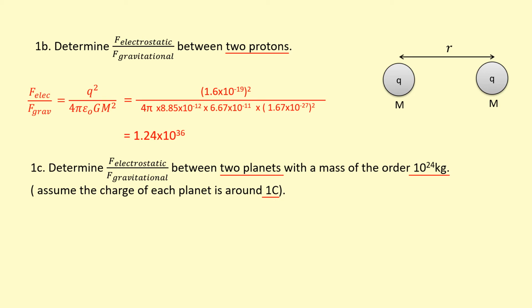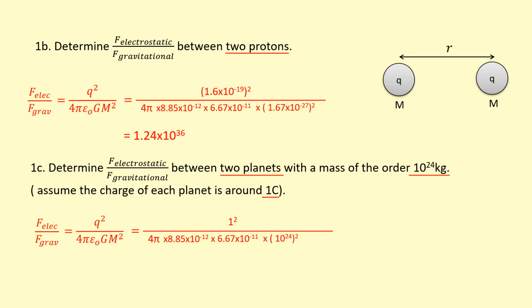Okay, so let's put these numbers in. So for charge, we're going to put 1 coulomb, which is actually quite a lot, but in the grand scheme of things, I think we're going to find that it's not that much. 4 pi epsilon naught, they're all constants, and for mass, I'm using this order here, 10 to the power of 24, and I'm making sure that's being squared there. So that gives us a number of 1.3 times 10 to the power of minus 28,